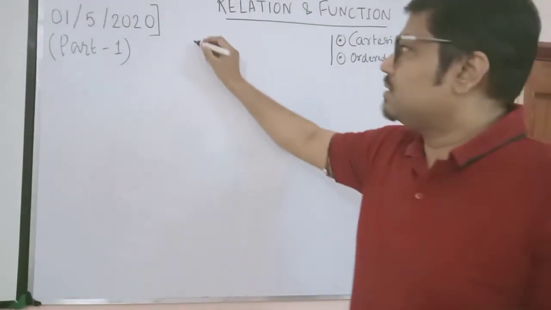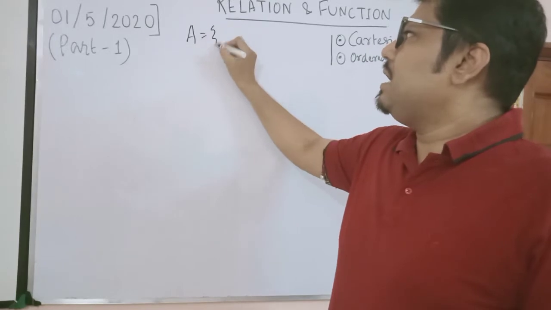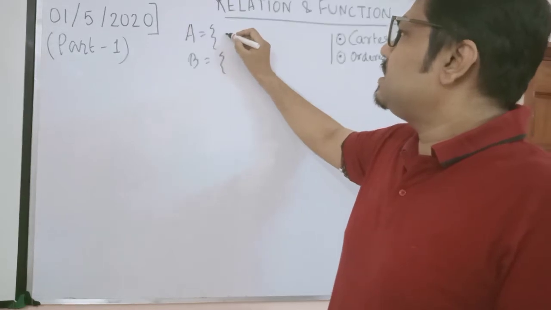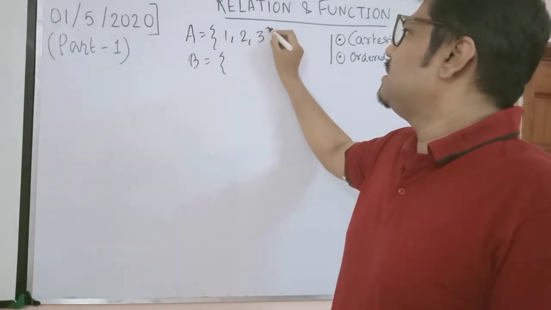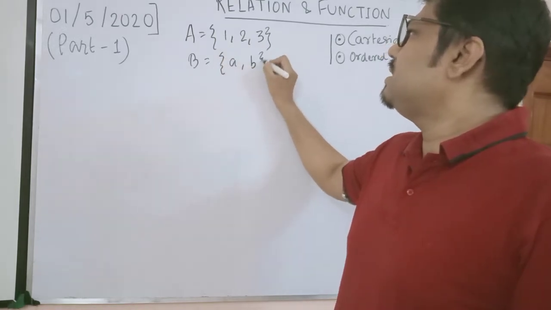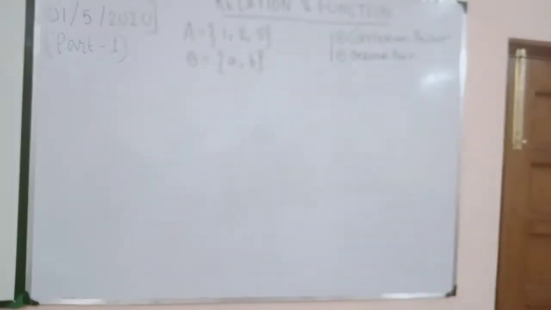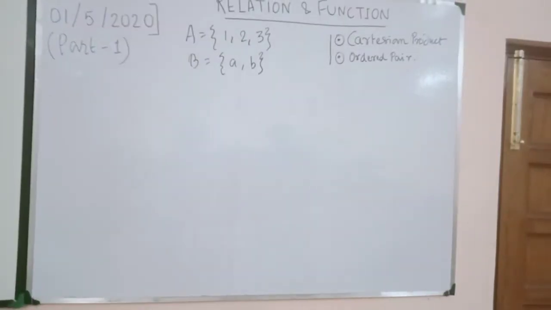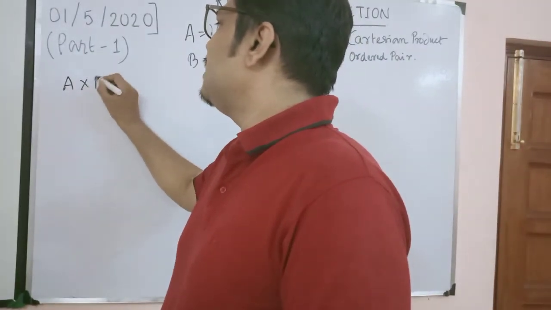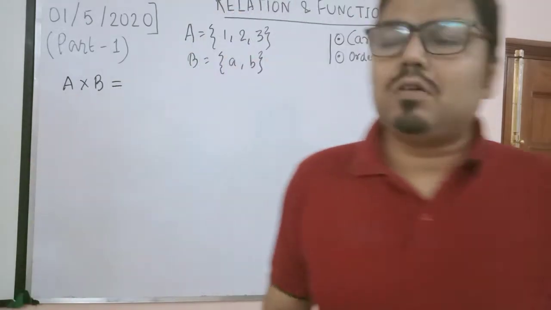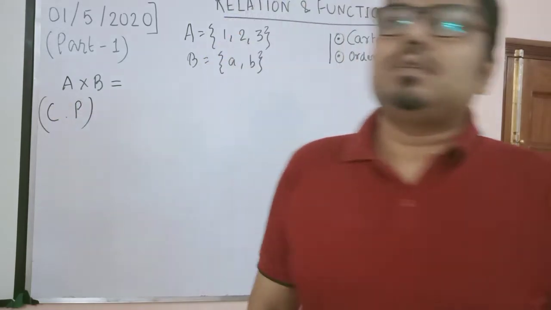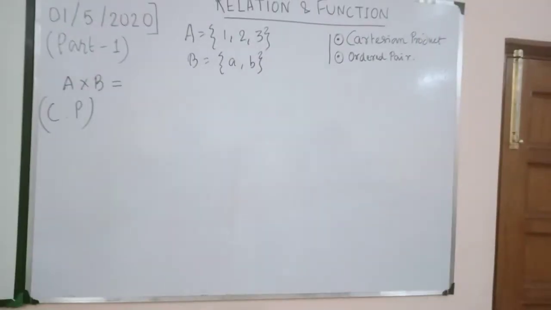So the Cartesian product. What is the Cartesian product? We have already learned sets. Say A is a set and B is also a set having a few elements. Let us say A has 1, 2 and 3, and B is a set which also has two elements. I take A and B. Now what we are trying to do is take out the cross of it. This A cross B we will try to take out. A cross B is called the Cartesian product, in short CP.